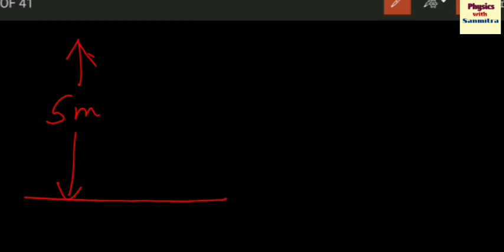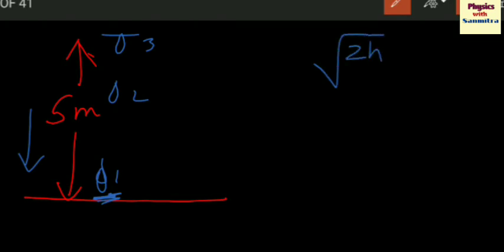surface. Now water drops are falling. See, there are 3 drops. This is first, this is second, this is third, according to the chronology. Now the third drop is being released when the first drop is touching the ground. Now we can get an idea how much time the first drop took to drop. That is root over of 2h by g. What is h? H is 2 into 5 by 10.